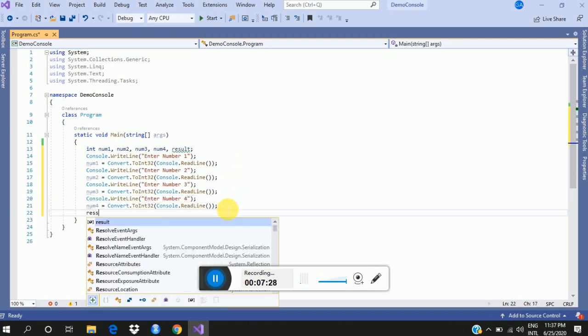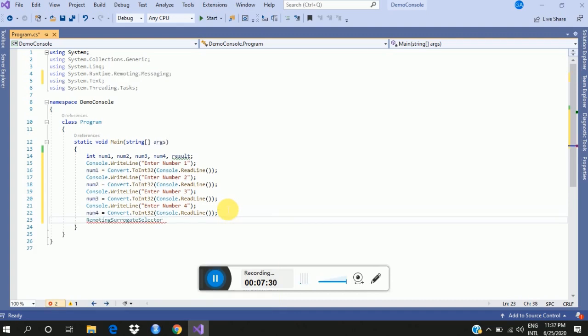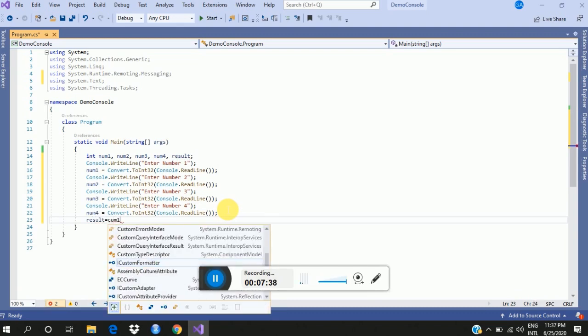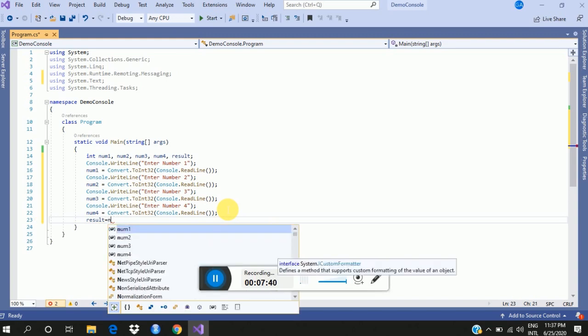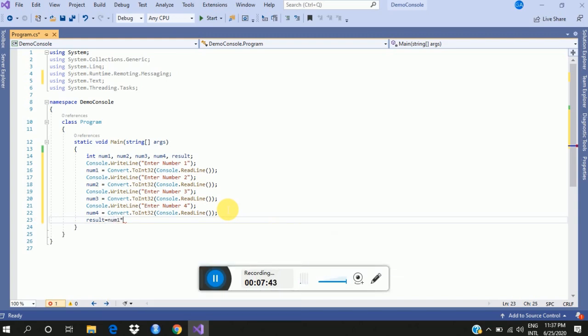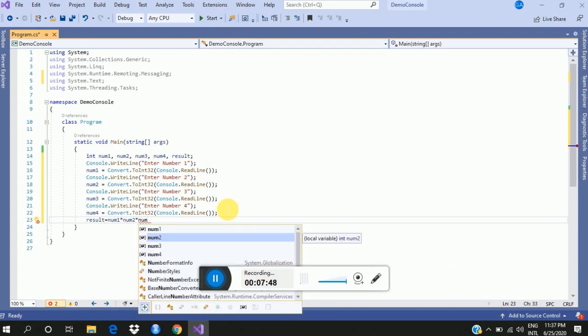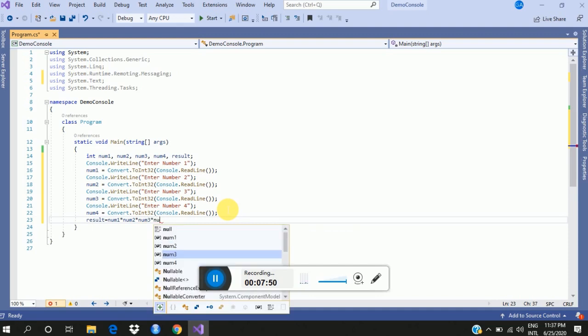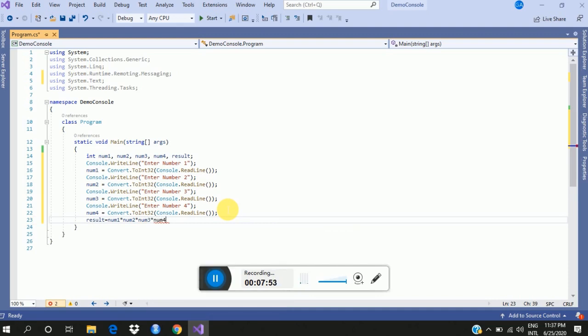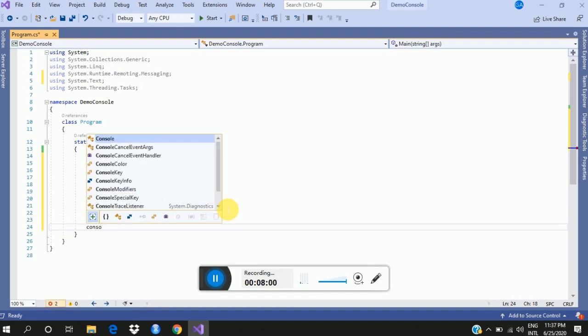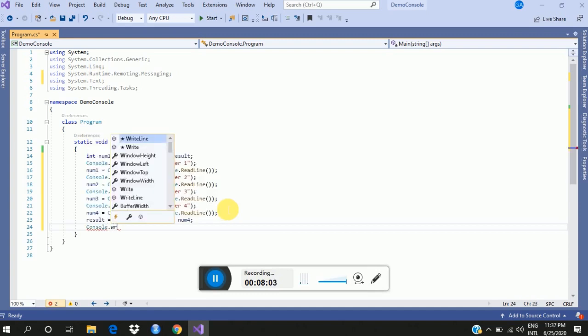Similarly, after that I will just say result is equal to num1 into num2 into num4 and a semicolon. Okay, the last part I need to print this thing, so Console.WriteLine,